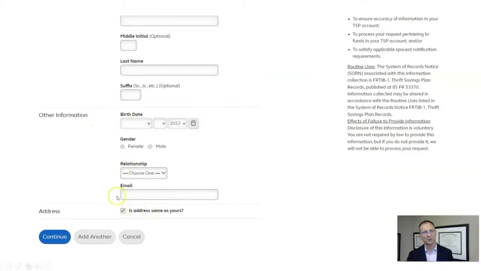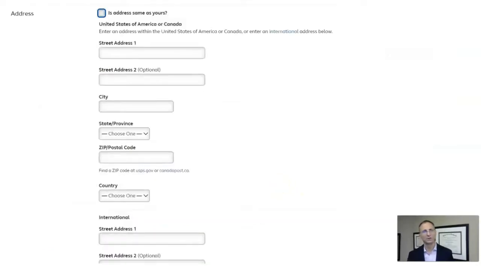So you can see here the box is checkmarked for address same as yours. You might use that, for example, for a married couple if they want to list the spouse as a beneficiary. You could just check that box. But assuming the address is different, you would need to fill it in. And you can see here we have up top where you would put the address for someone living in the United States.